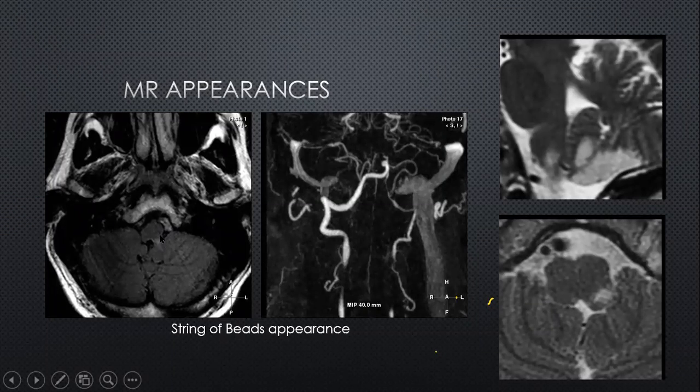Some examples of diseases of the PICA. Here you have the left vertebral artery, which is atherosclerotic, and the origin of the PICA is involved, giving rise to infarction. This is another patient with dissection of the left vertebral artery and the PICA. You have this classical, what we call string of beads appearance of the dissection involving the PICA. And this is another patient where you can see on the lateral view why the inferior posterior medulla can be involved if there is occlusion of the PICA along with the inferior aspect of the cerebellar artery.